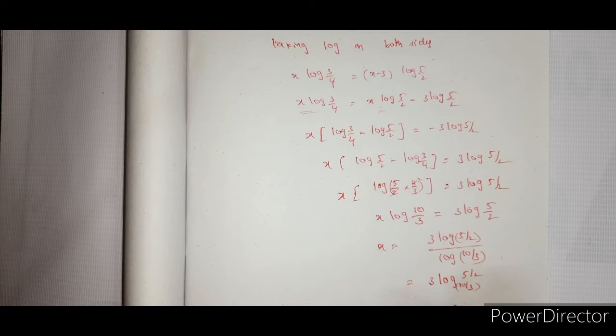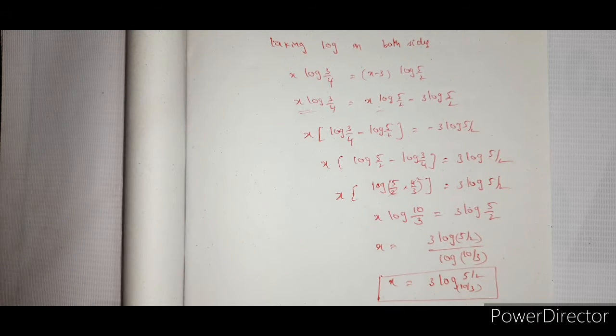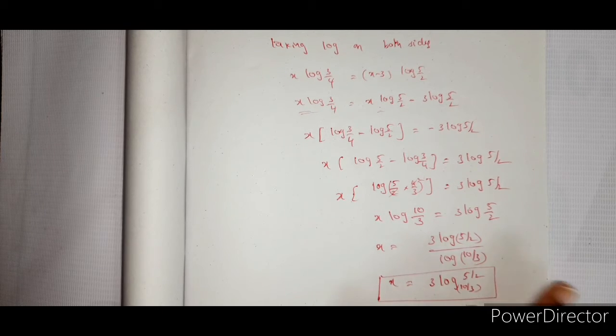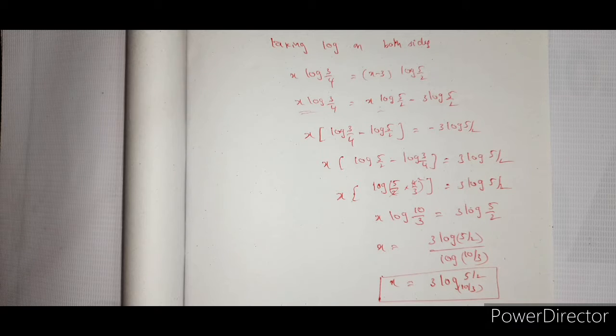So log 5 by 2 base 10 by 3. This is where I am leaving it. Okay, so make a note of this one. It is a little bit different, right? Different, and also not a very good problem, because when it is a good problem, it should get solved, and then we must have some value here. But anyhow, only to make the children a little bit confused, he has given it like this. Okay, so note it down so that we can go for the next problem.